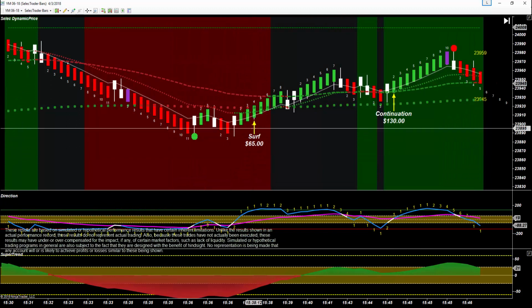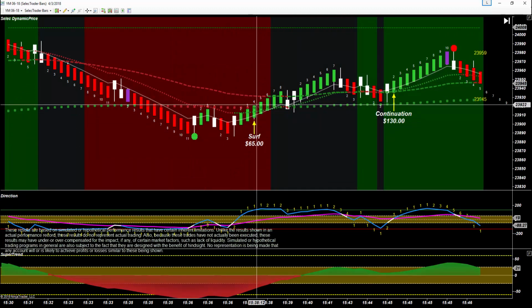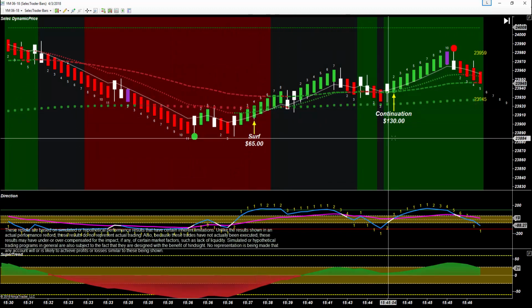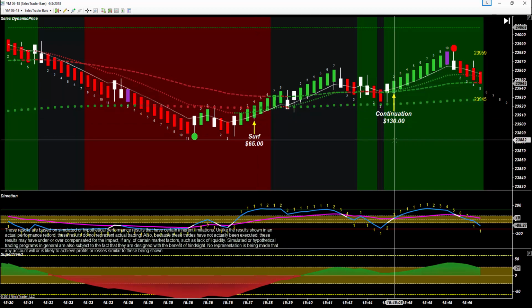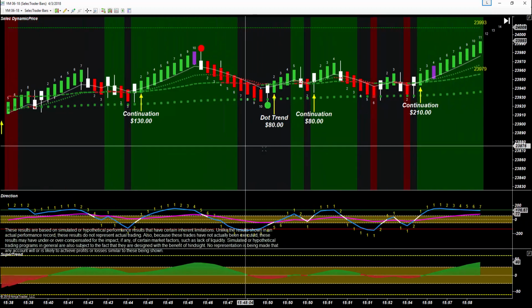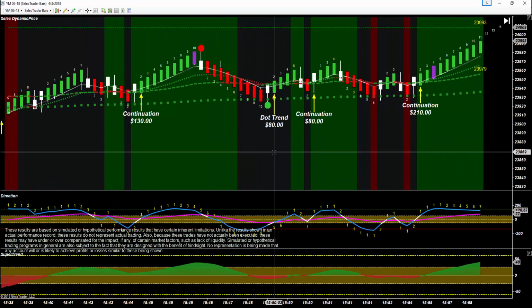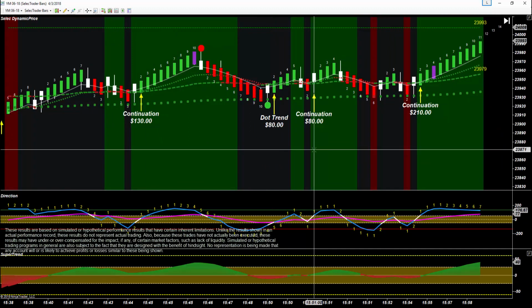We can catch this surf as the entrance is past the 200 for a quick profit target, followed by a continuation, nice little 10 bar run there. And we have a dot trend long for a quick profit target,